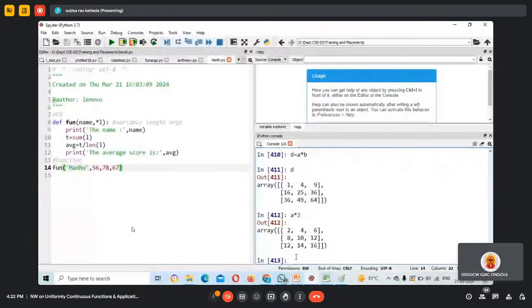Here, if you want to know the size of it, use the size attribute, which gives 9 elements. It gives a two-dimensional array. So these are the factors to know about. We have performed addition and scalar multiplication. We have also performed multiplication, not element-wise multiplication. If you perform the multiplication, np dot